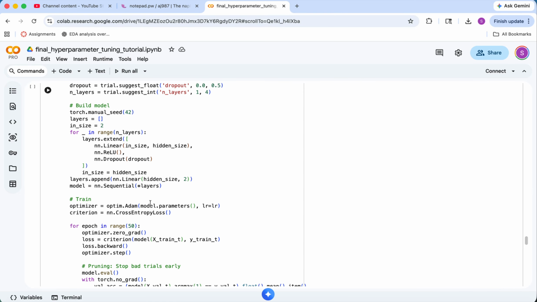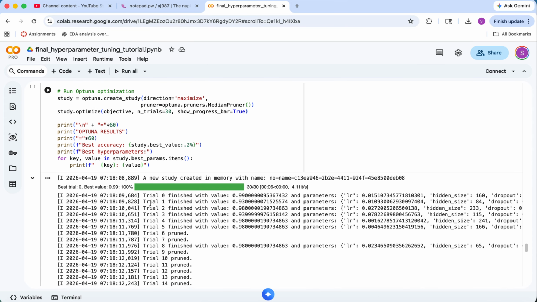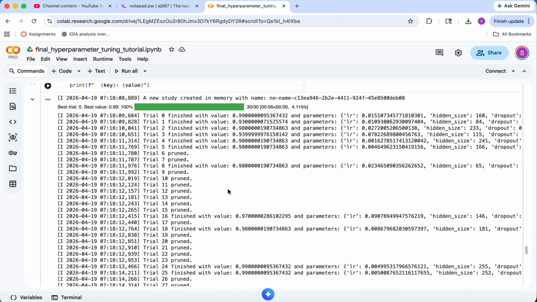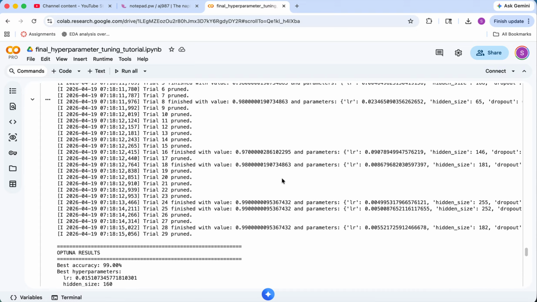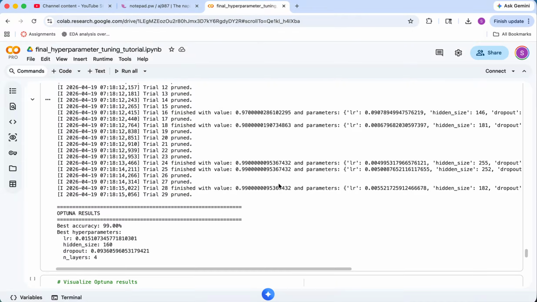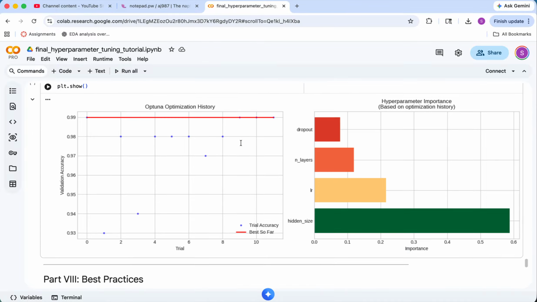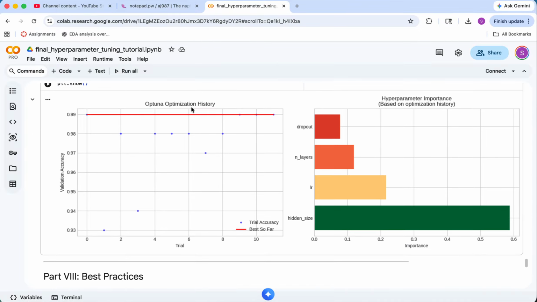to guess better hyperparameters in the future. The log shows Optuna rapidly exploring combinations of learning rate, dropout, and hidden layers, honing in on top-performing setups. In the last cell, we extract the results from our Optuna study and plot its optimization history and parameter